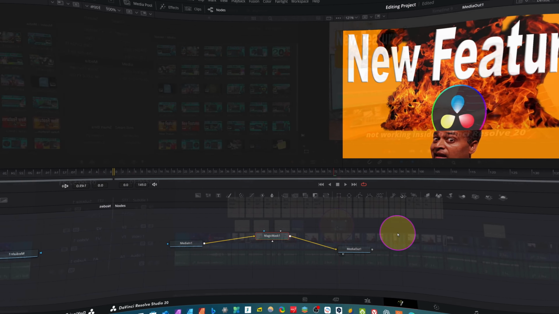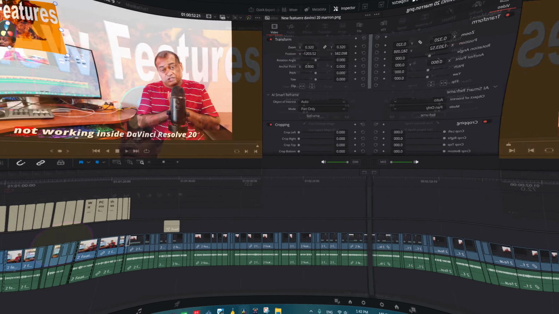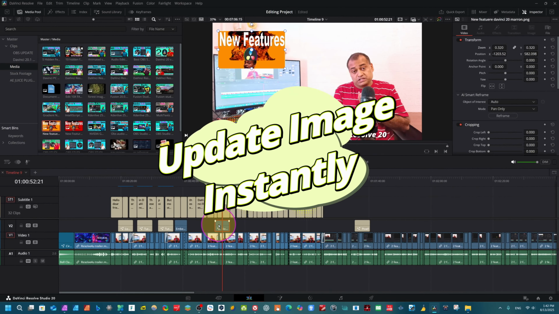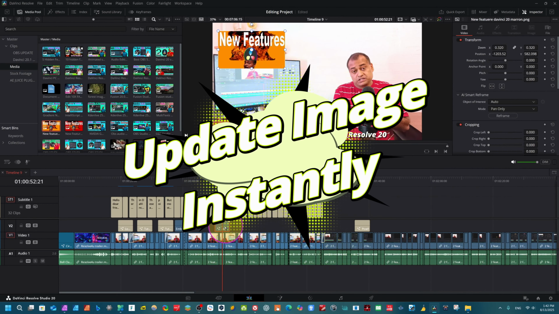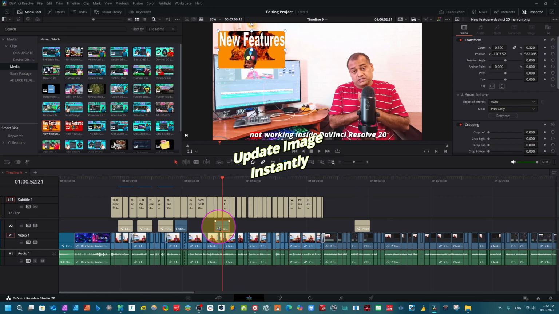Now let's go for our next feature here. Our next feature is about updating images instantly. Before this update, if you had any photo image in Affinity Photo or Adobe Photoshop and you made any changes to the photo, you had to change it every time and then import to DaVinci Resolve. Even relink didn't work. But now you can do it directly. For example, I have this photo here.